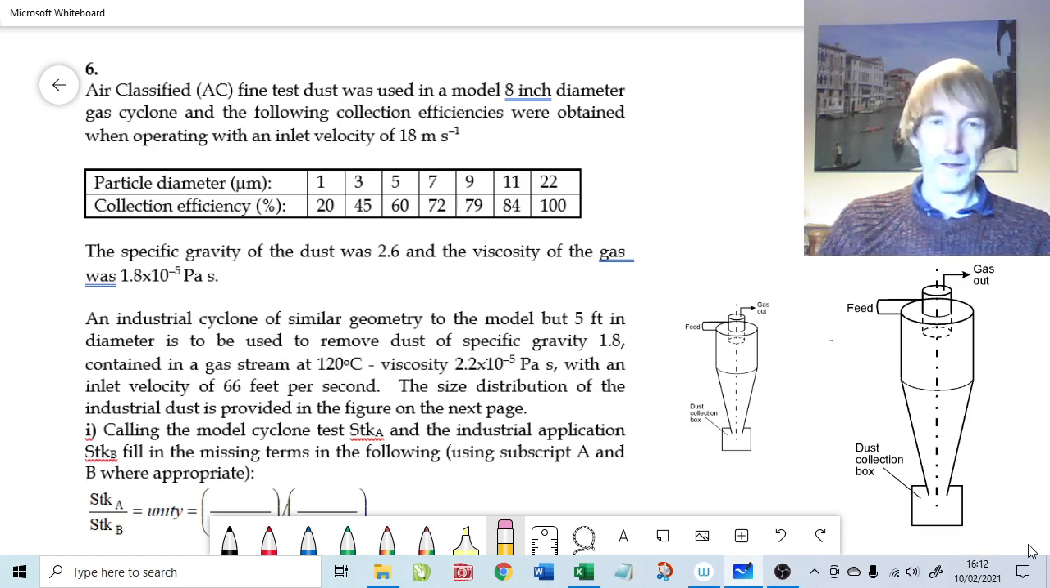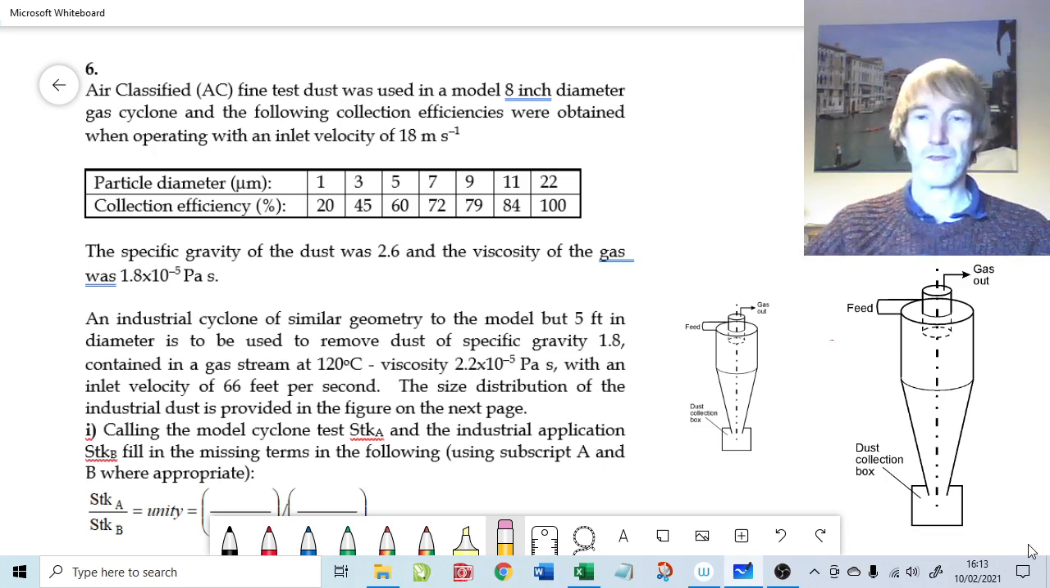A lot of text here, and we're going to have to use Excel in a moment or two. I'm not going to read out all the text. Basically, it's a small cyclone which we have laboratory test data for, and this is an 8-inch cyclone. If I can just get the pen to work. Okay, so this is an 8-inch cyclone, and we're going to use test data from this 8-inch cyclone in order